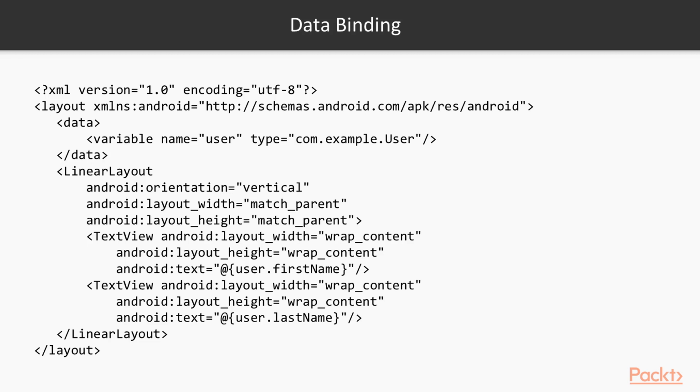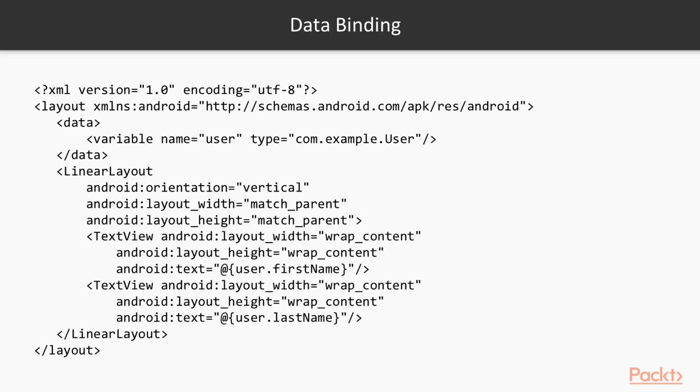So here you can see that this layout file is a bit different. It starts with the layout root attribute, and then it has a submember called data, which specifies what kind of variables and what types they are for this view. And what's interesting is that these text views that we can see here at the bottom, they have text defined with this attribute